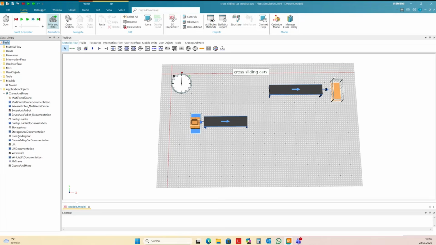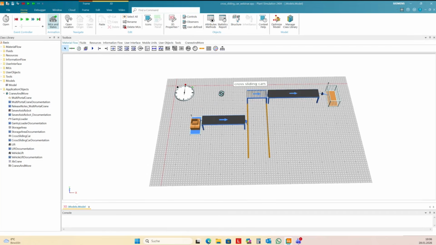And I want to show you today the cross-sliding car. So it's quite easy. It depends a little bit on which version you have. The cross-sliding car works differently in different versions of Plant Simulation. I guess what I show you is since 16.1, I guess.